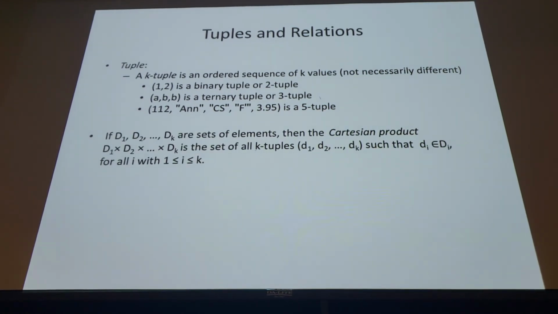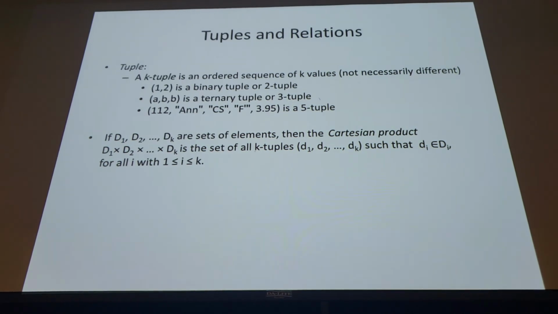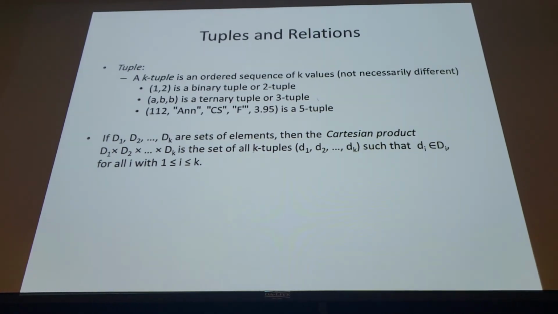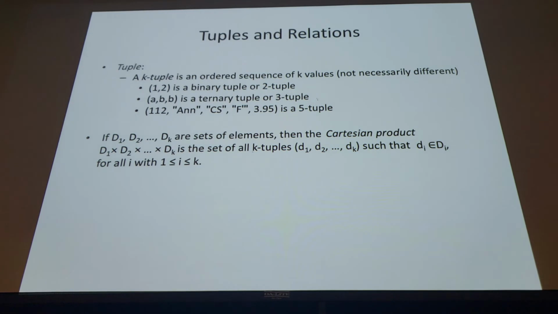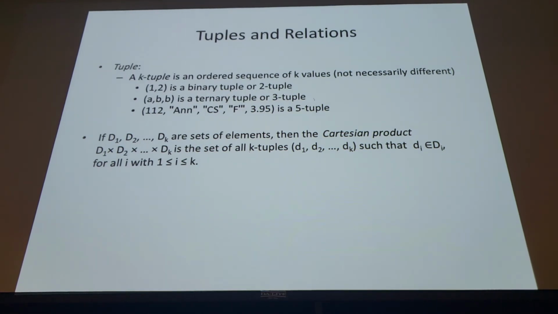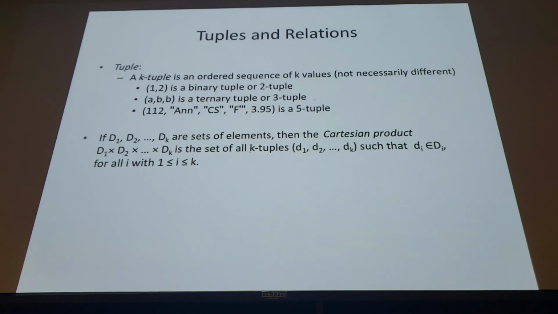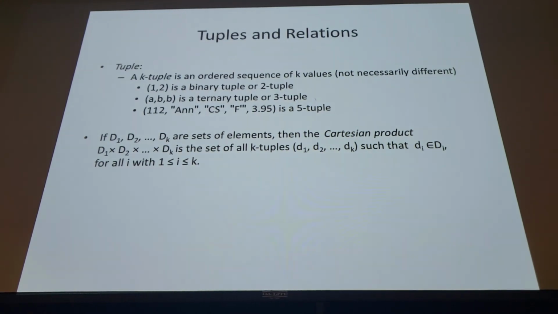Now we'll generalize mathematically, now that you entirely understand k-tuples. If D1, D2, up to Dk are sets of elements, like our A, B, C, 1, 2, 3, 4, U, V, W, X, Y, and so on, if D1 through Dk are sets of elements, the Cartesian product, which again, you don't have to have parentheses for,